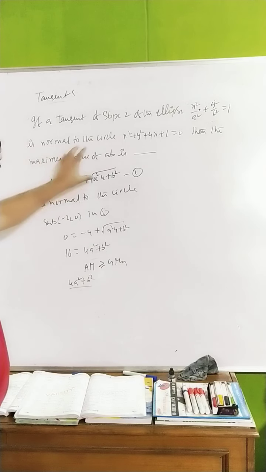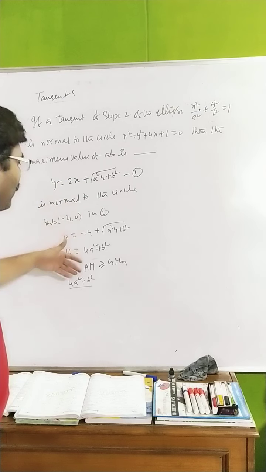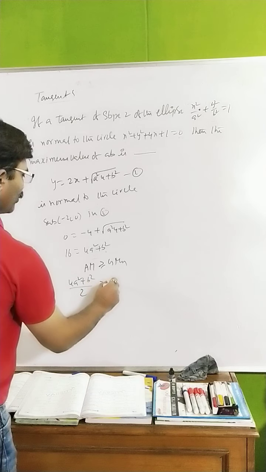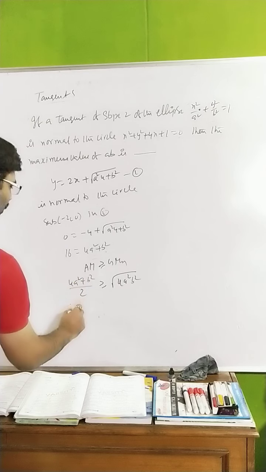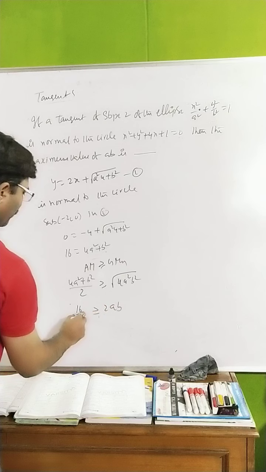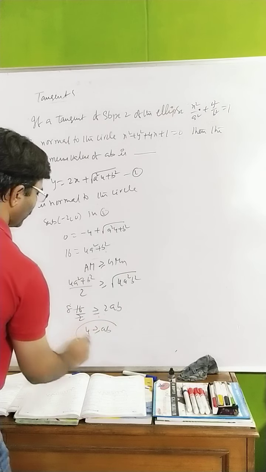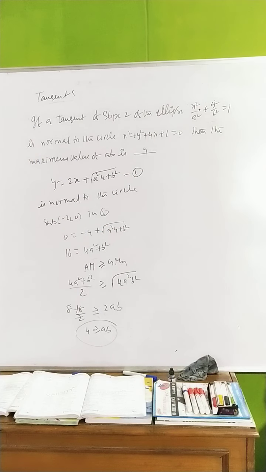See here, I connected two different topics. One is circle, then tangent, here it is normal. After that I have gone for progressions. Arithmetic mean is greater than or equal to geometric mean. 4a square b square we got it here. Now this is nothing but 16 by 2 is greater than or equal to 2ab we are getting, sir. If you cut it off by 8, here 4 is less than or equal to ab. Less than or equal to ab means the maximum value is 4. Simply you can say like this. So connectivity is there. I am trying to give different questions based on tangent today.